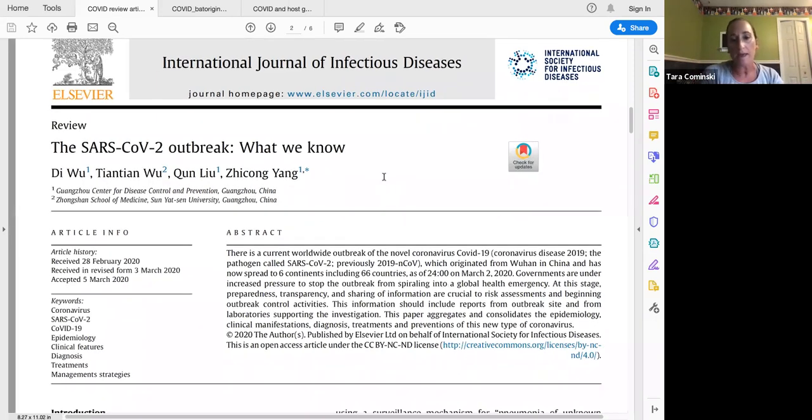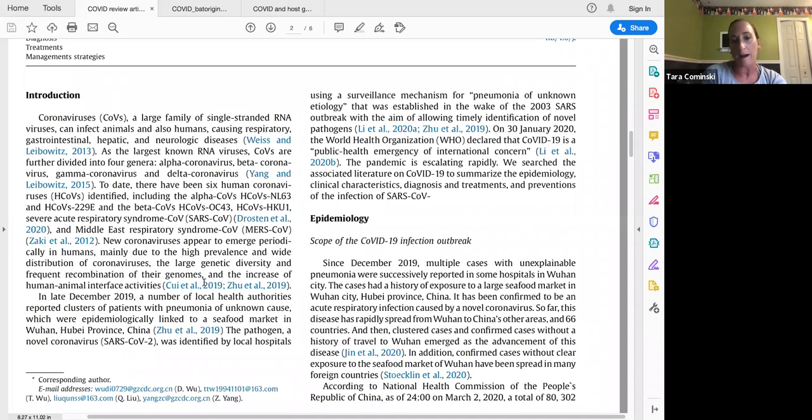Because anything that you're reading about in here, you could then go and look at the citation of the paper that they're citing, right? To get some more information about it. So that's why it's nice to start with a review, because it gives you a place to go next, rather than having to go back to PubMed and just search sort of blindly. Okay, so I do like a review article first.